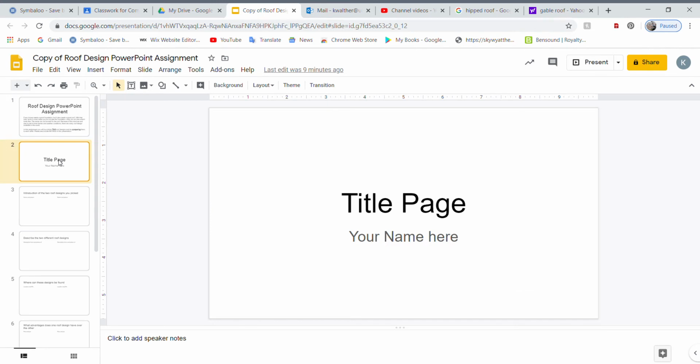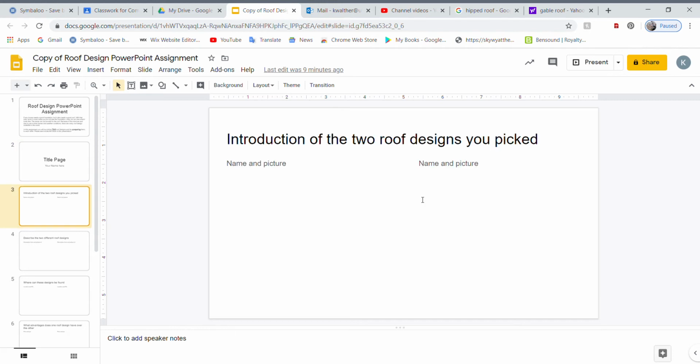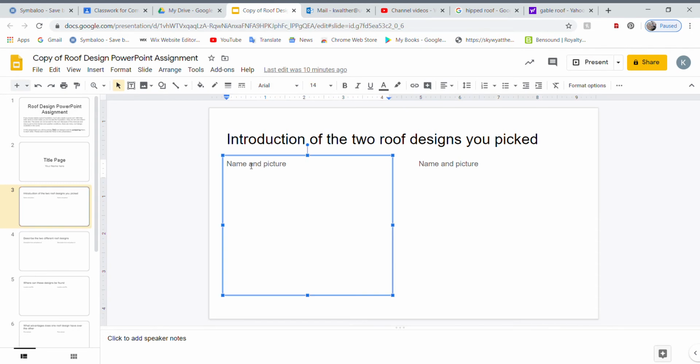Now, the first thing you've got to do is create your title page. So again, I'm giving you everything. You have everything here for you. You literally just have to make it look better and add the things in as needed. So first off, it's an introduction of the 2 roof designs you picked. You should have the name and the picture. So for me, I'm going to put hipped roof,